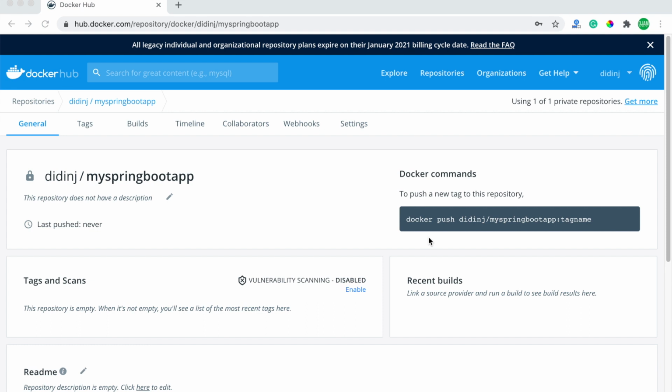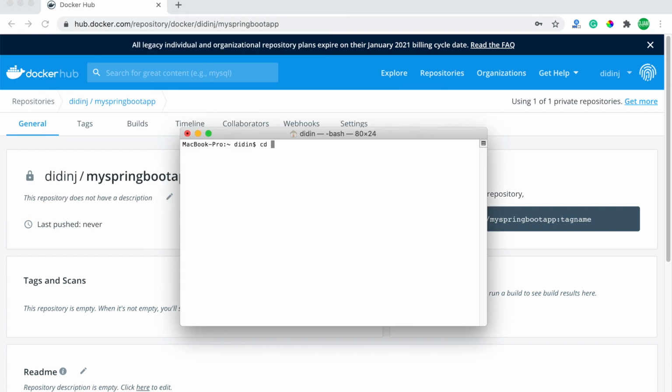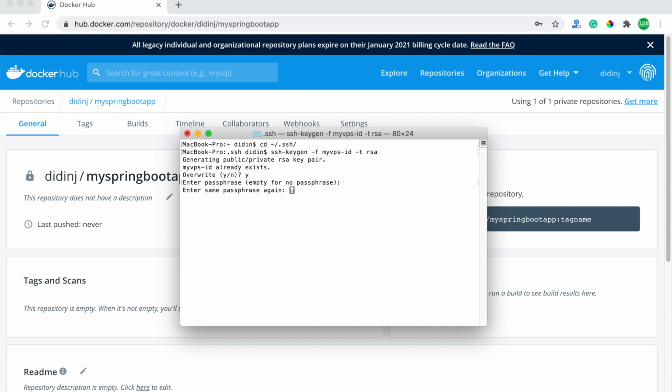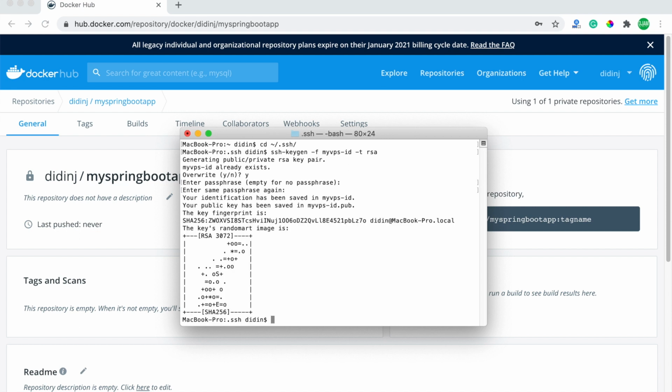First, create a new SSH key using this command. Leave the passphrase blank by pressing Enter a few times, and you will see this console for successful SSH